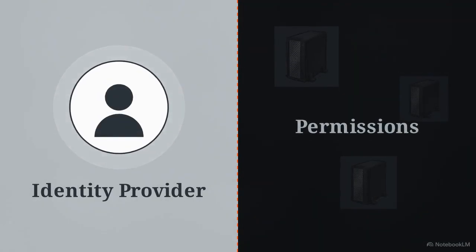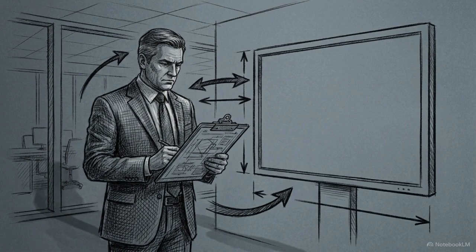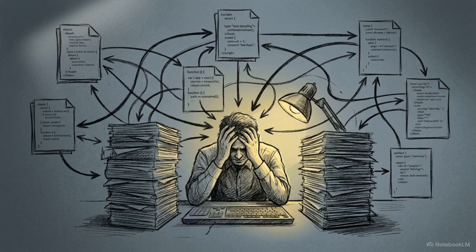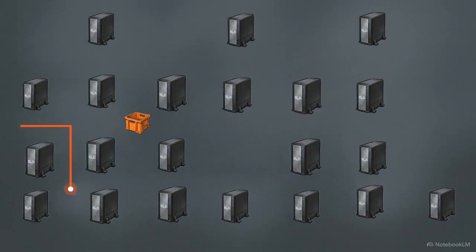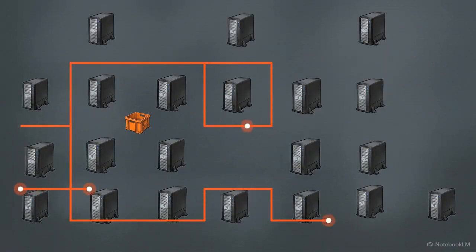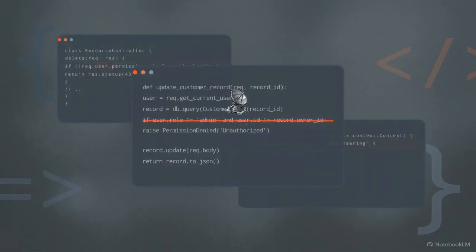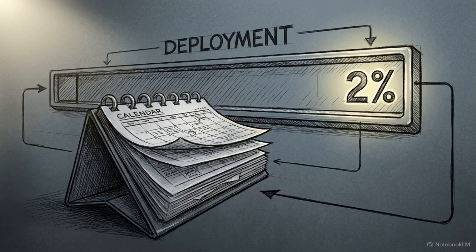It is the widening blind spot between a fully externalized identity provider and the actual runtime enforcement of permissions within an application. The cost of this blind spot becomes obvious during an audit. Your auditor asks, who can authorize a wire transfer above $250,000 today? That answer should take 10 minutes. Instead, in most enterprises, answering that question triggers a multi-week code archaeology project. Engineers have to manually trace logic across hundreds of different services, ultimately producing a probabilistic estimate instead of a definitive list. Because authorization decisions live directly in source code, they move at the speed of software delivery, requiring a full code review and deployment for every minor change.